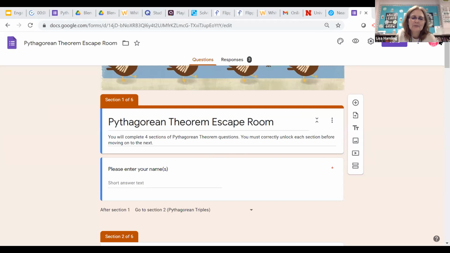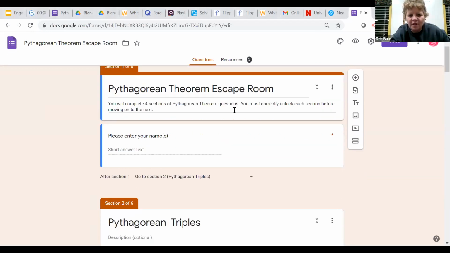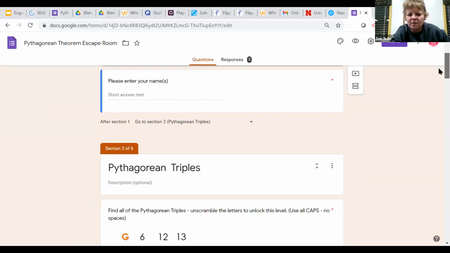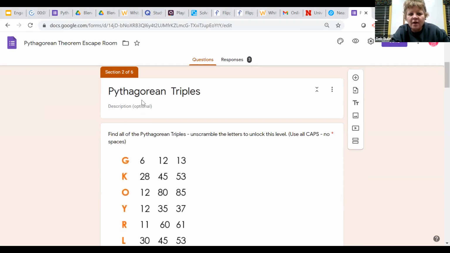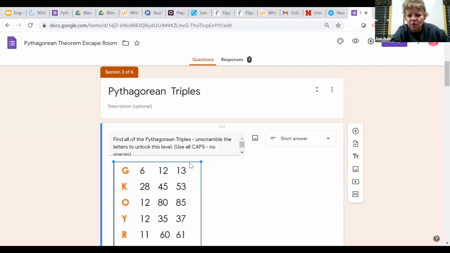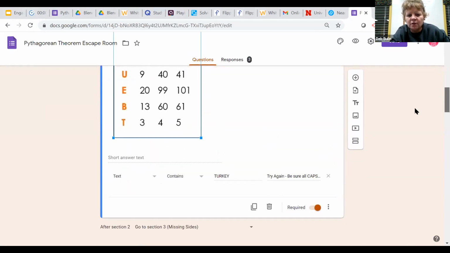So this is the Google form that I set up. I made that first question one that you had to do. And this is a picture. I typed in my directions in a Word document, used my snipping tool, and saved it as a picture. So I put it as a picture. And then down here,